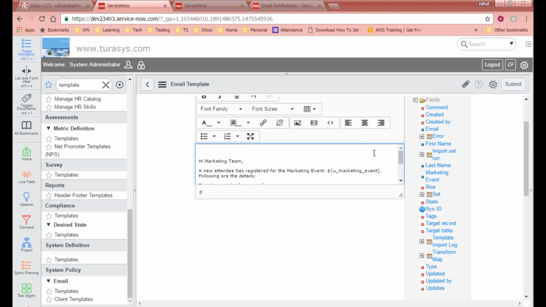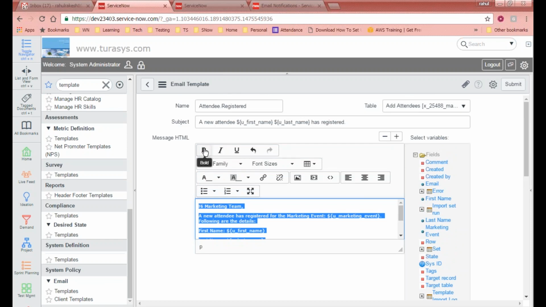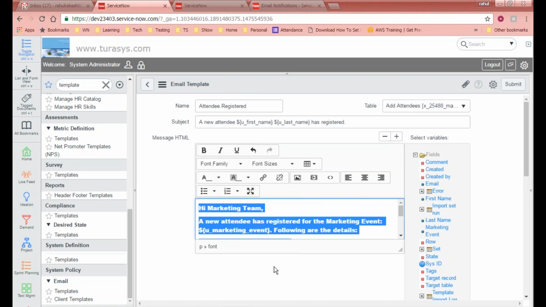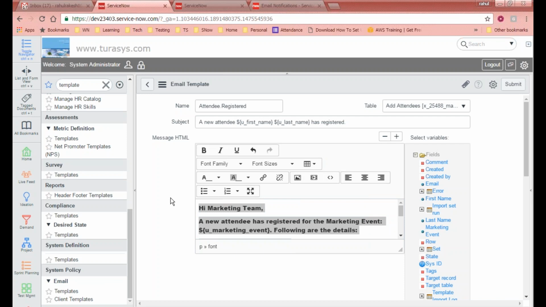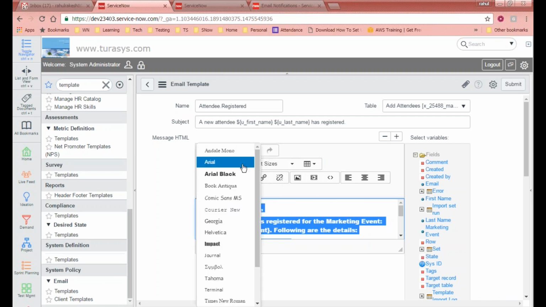Something like this. So this is the email template that I have here, and I want to send it to the marketing team or the persons who are there in the recipient list. Now you have the ability to format these emails using this email editor. You can make it bold, italicized, underlined. You can choose the font family, Arial Black, font size as well, 36 point. If you want to put a table, you can put that as well. It doesn't look nice to have that,